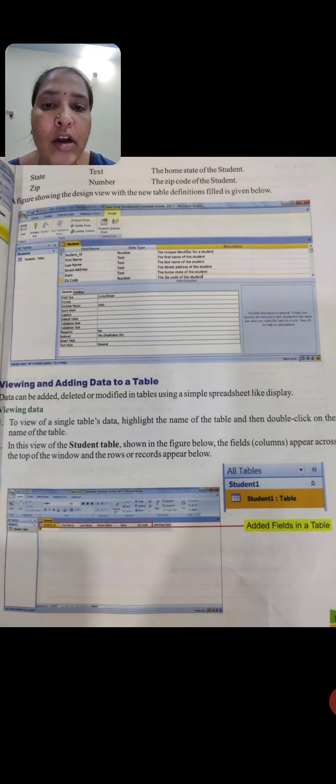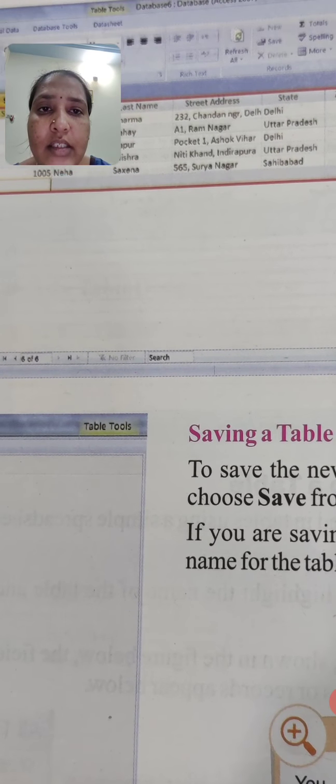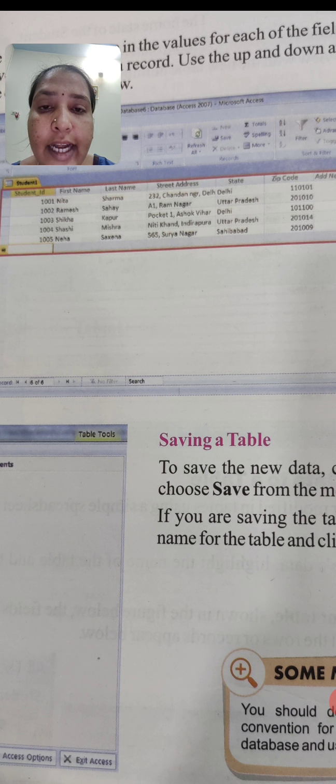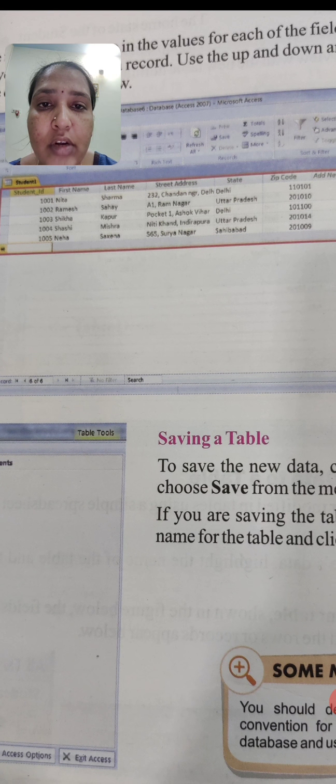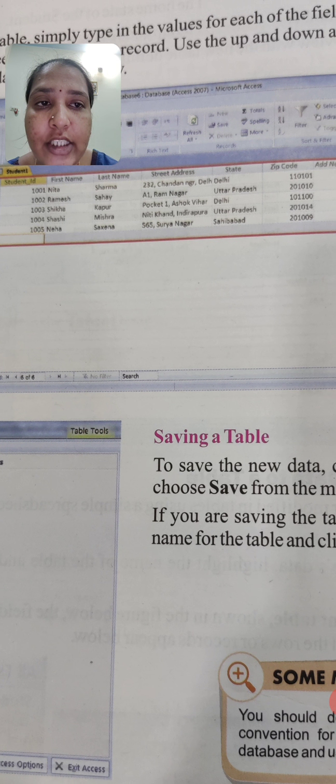So this is all about how to view and add data to a table. Then, how to add data: we have added a field over there, then how to give data to those fields. See this window, in the fields we have entered the entries. We have entered 5 student entries: student ID, first name, last name, street address, state, zip code.